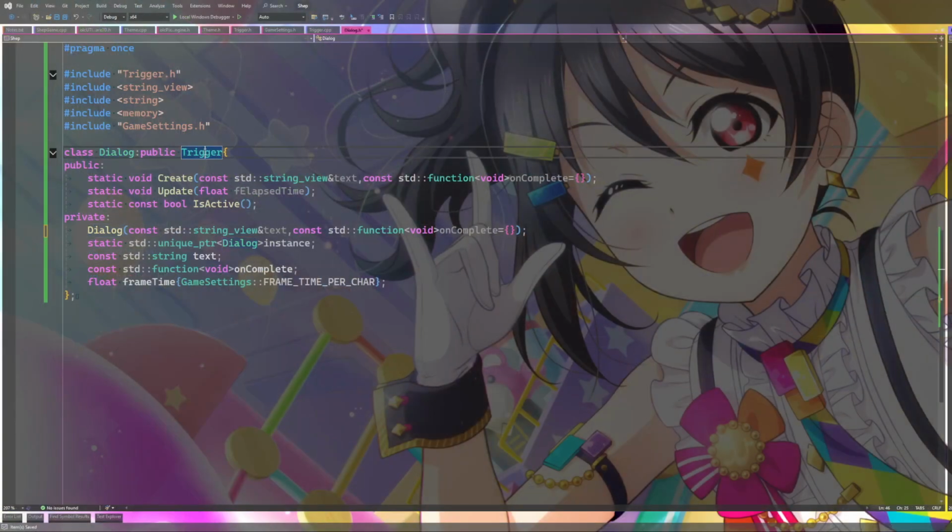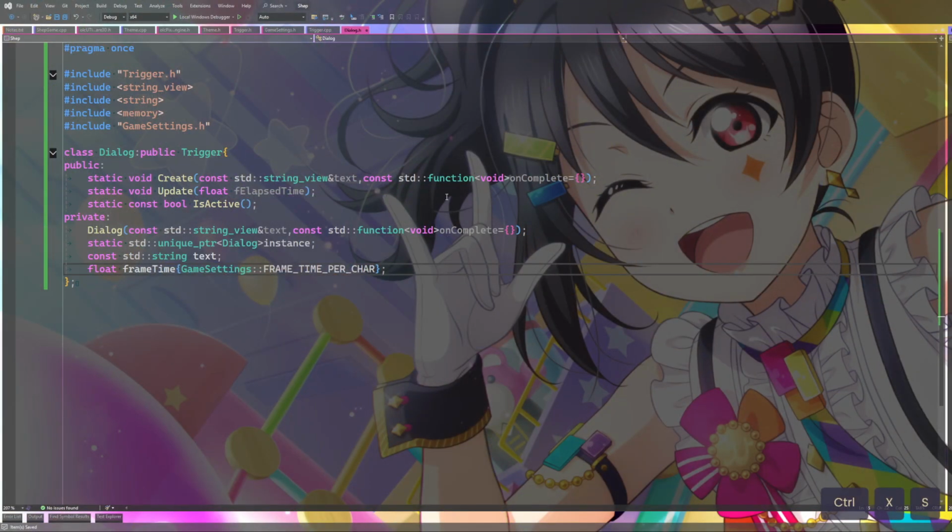What's going on? No default constructor exists. Oh yeah, we need to... Oh, that's what it is. We have a trigger thing, because the trigger is going to be used for other stuff. So I call trigger and pass it onComplete, I think. That's how that works. Hopefully. Const std::function void.